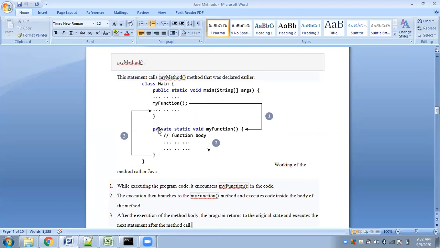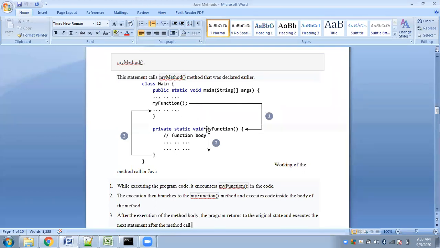So as you can see, program execution will begin from main. Fine. Then there might be some other statements in your main function. Then you have the function call. Okay, you have a function calling statement. So here the control will be passed directly. It will directly be transferred to the function that is being called. Fine. So what is the function called? My function. So you should have this function in your program.